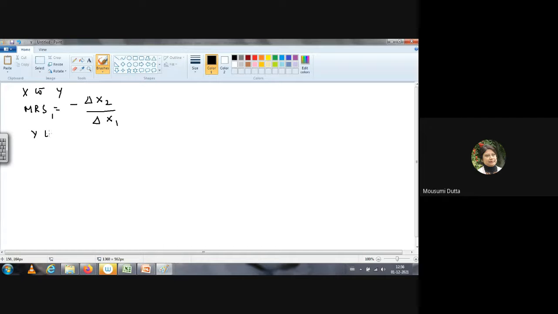Then we are moving from Y to Z. We are getting MRS2, say. So we are getting this. Delta x2 is equal to delta x2 prime. So given this and given this,